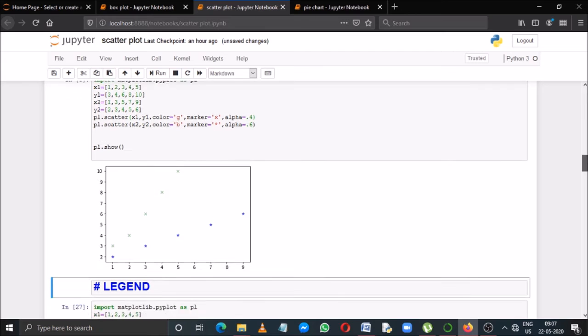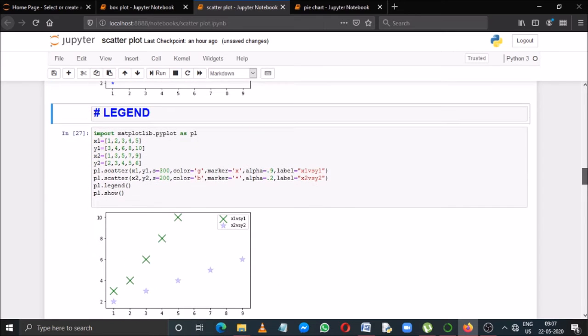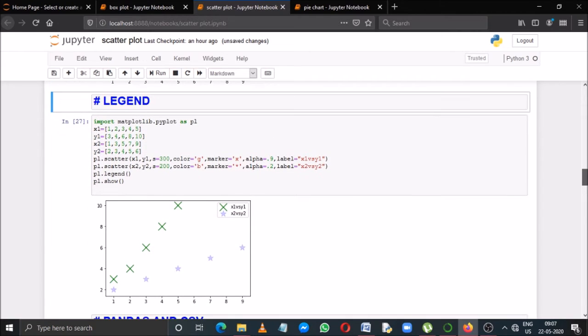So I believe all of you can understand this. Now I'll come to the next program. It's legend. Now how to put a legend in a scatter chart? See, to create a legend, as all of you know, you need to give the legend function like this, pl.legend. Now for the labels, you need to pass another attribute in the scatter function.